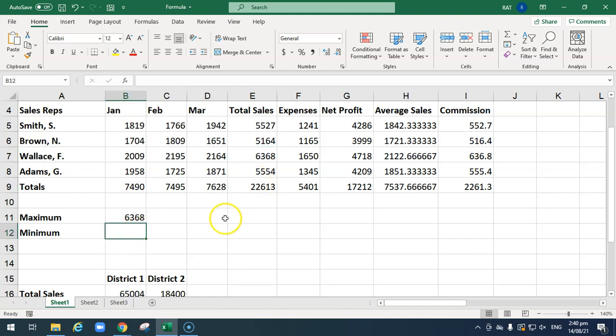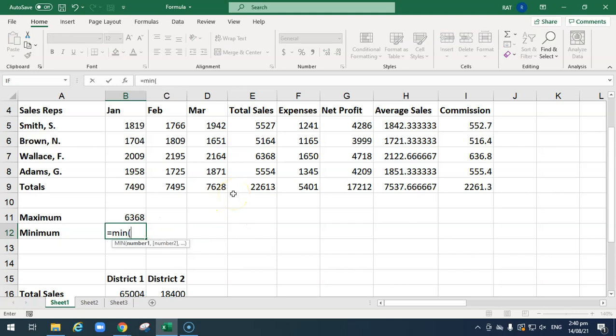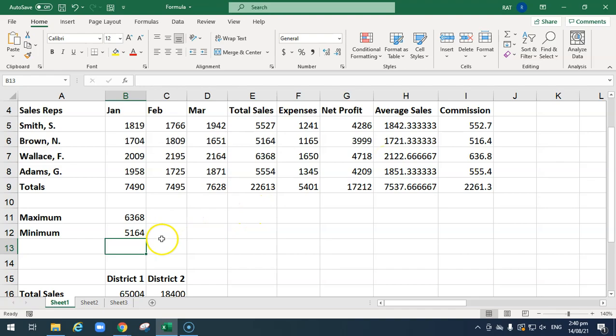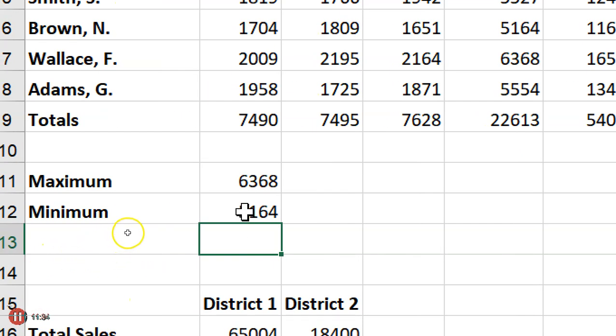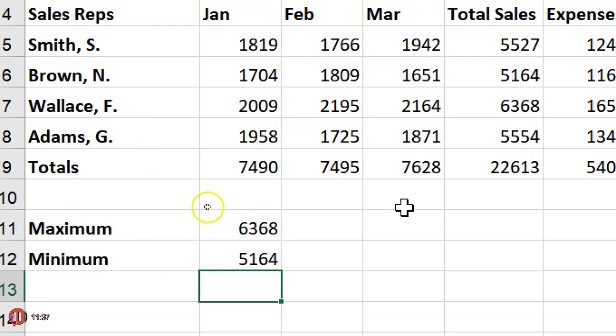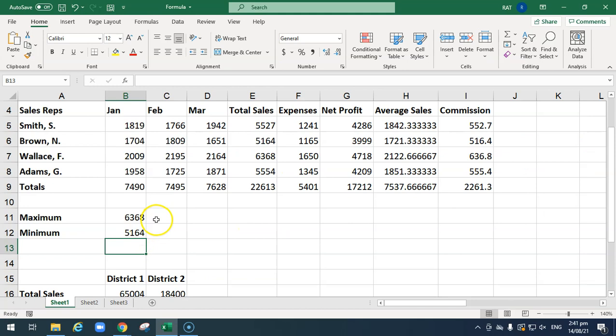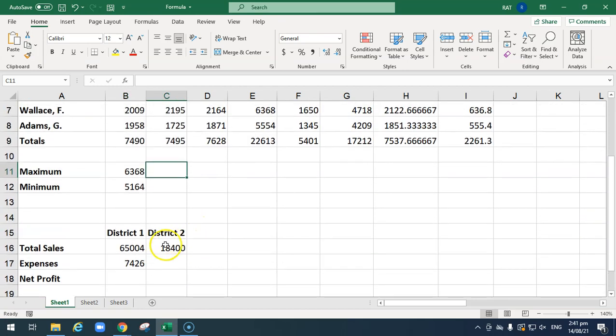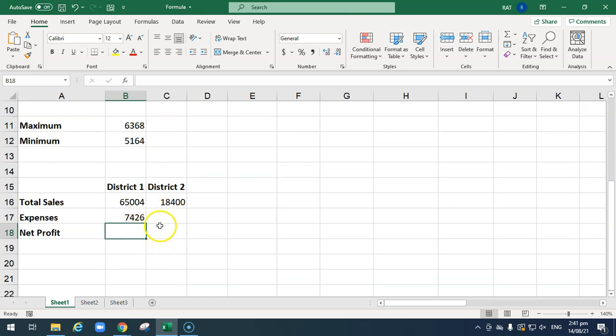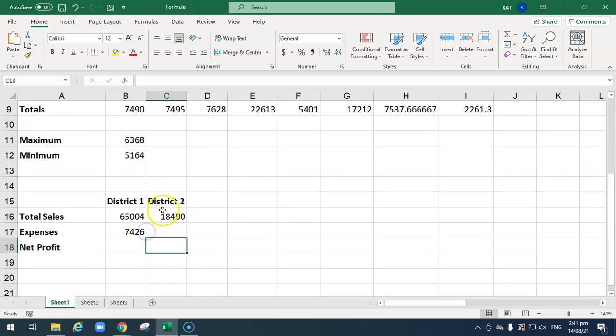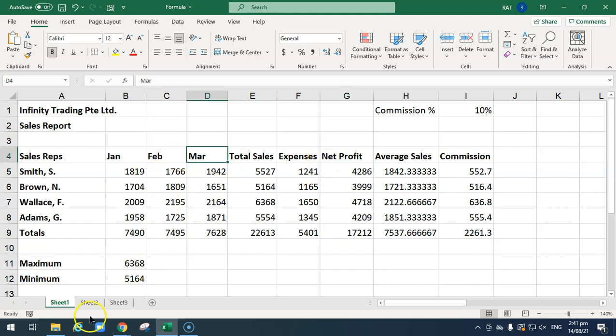Who has the lowest sales? Equal MIN open close brackets. And what I can do is, I will highlight this, and I press enter, it will give me the lowest sales. Can you see that? But they didn't tell you who the salesperson is. In order to do that, you go for the advanced module and further. So I have maximum and minimum covered. This one quite straightforward. This is just minus. So basically we have completed the so-called sales